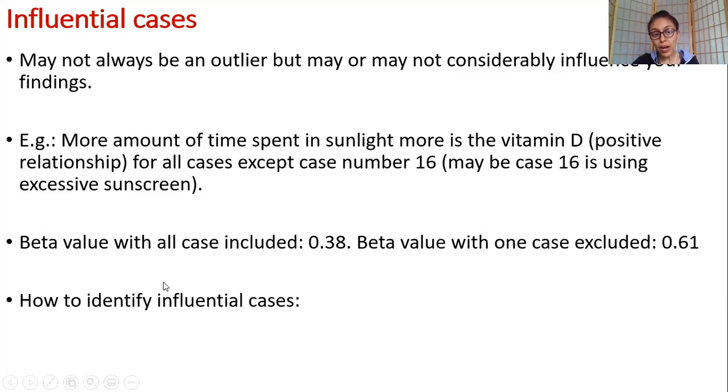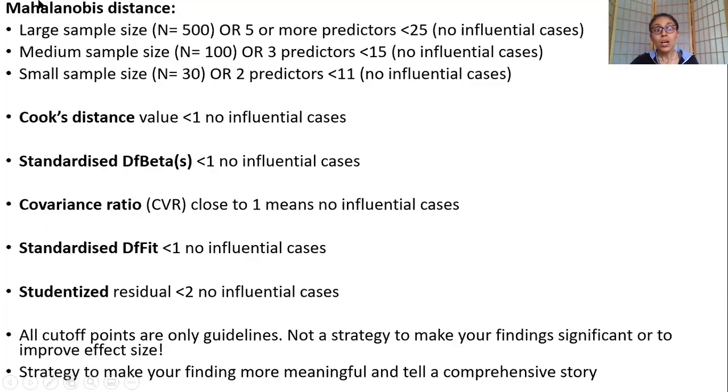All right, so how do you identify influential cases? There are various things which you can use. That is why I cannot go into the nitty-gritty details of how you do regression in SPSS. But of course, when you are learning the actual manual functioning of regression, that is when, in a quantitative research or statistics unit, they will tell you how to calculate Mahalanobis distance, Cook's distance, etc., in SPSS, and how to get those values out.